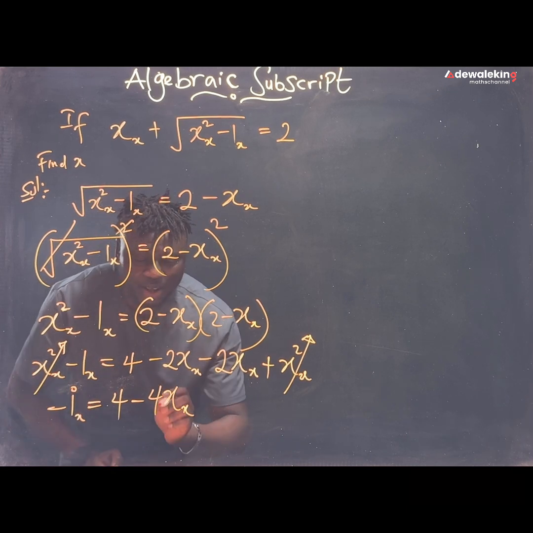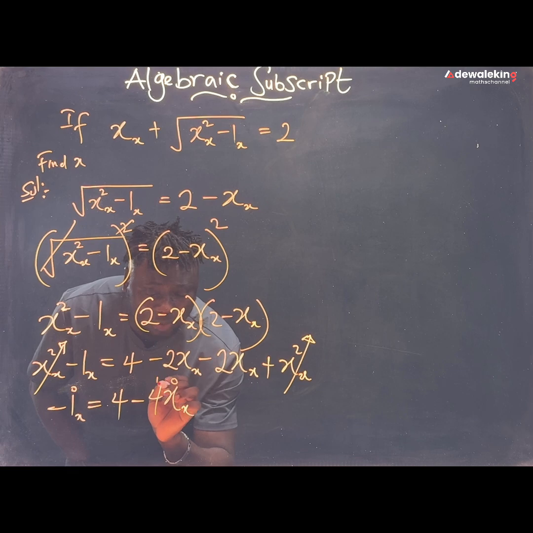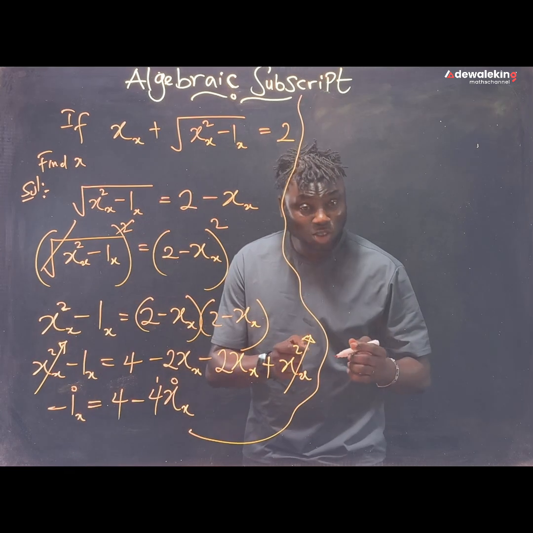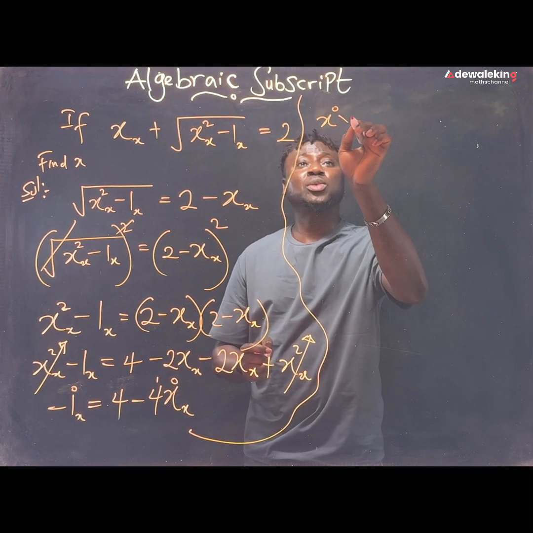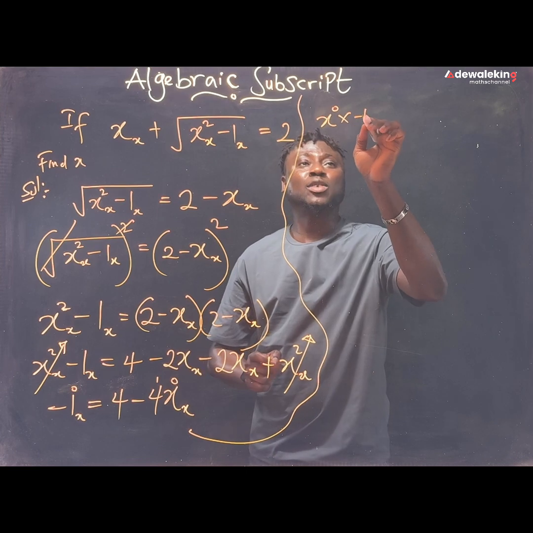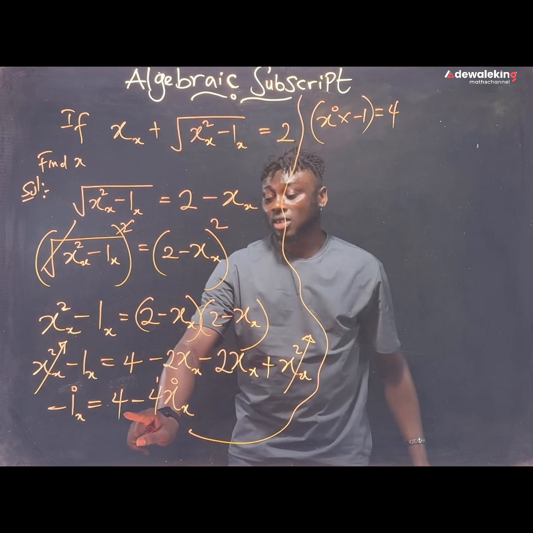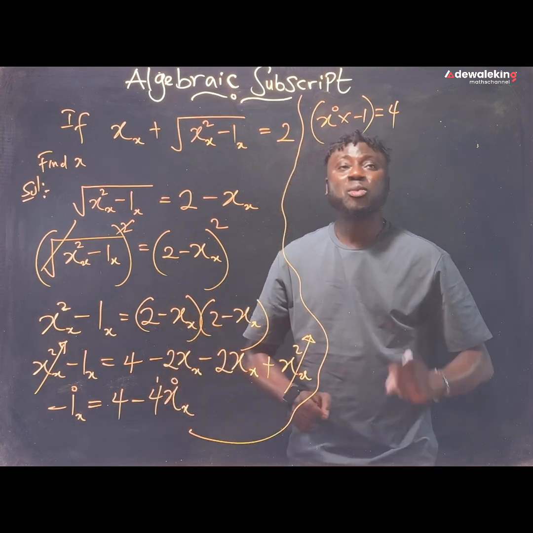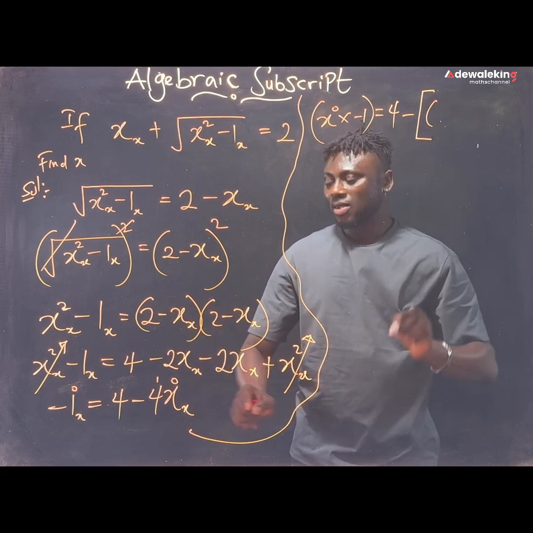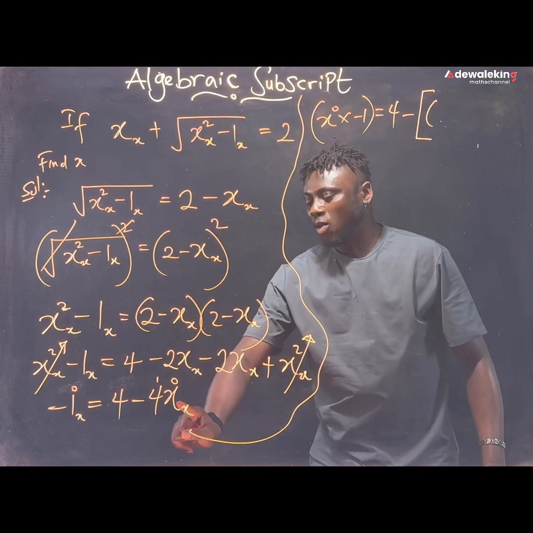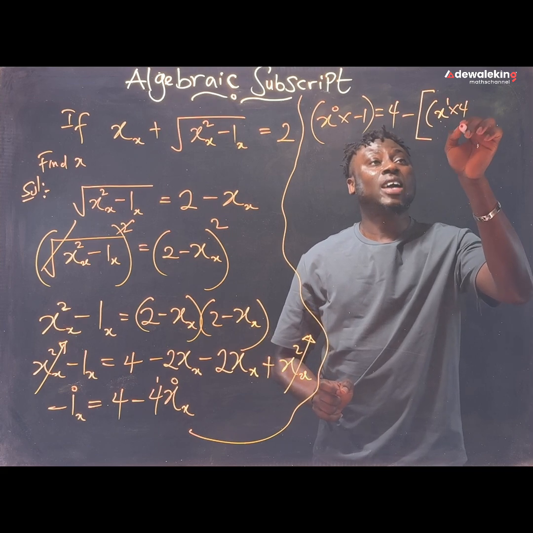Then we come here, we leave this, we come here, we neutralize this with 0 and 1 because of this radical. So this will give us x raised to the power 0, x raised to the power 0 times minus 1, and that will be equal to this 4, which will be left because it has no radical. So from here we have minus, we take a square bracket and a round bracket. So we say x raised to the power 1, x raised to the power 1 times 4